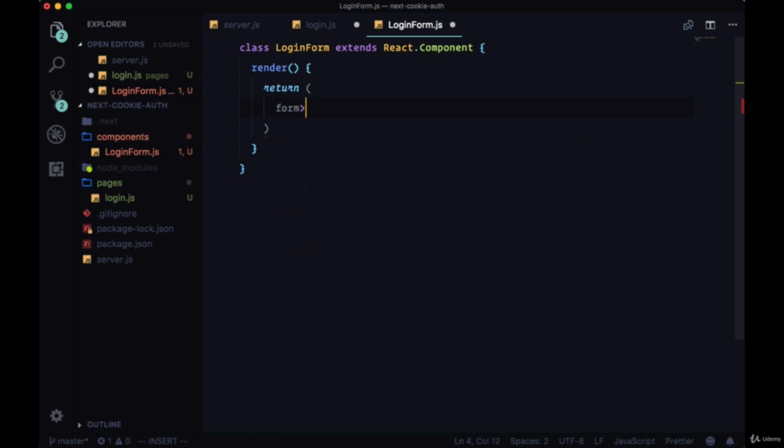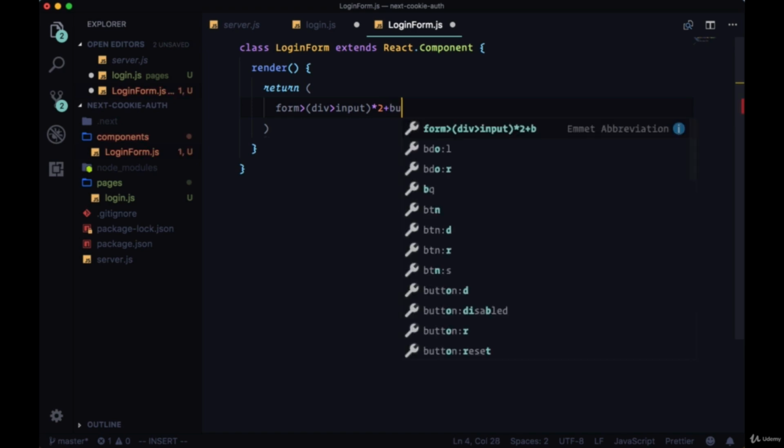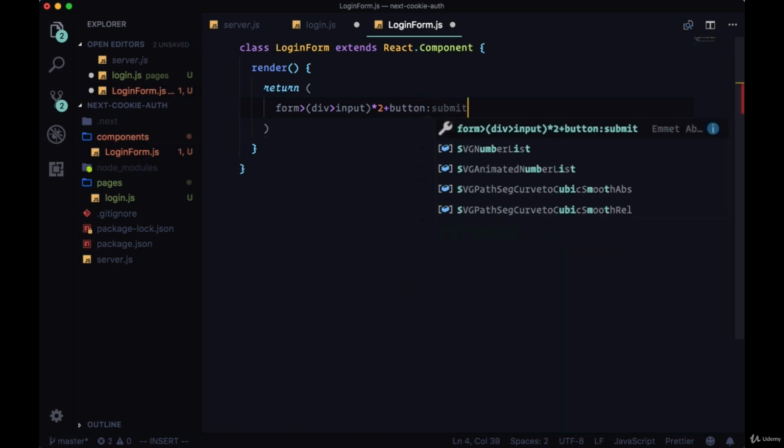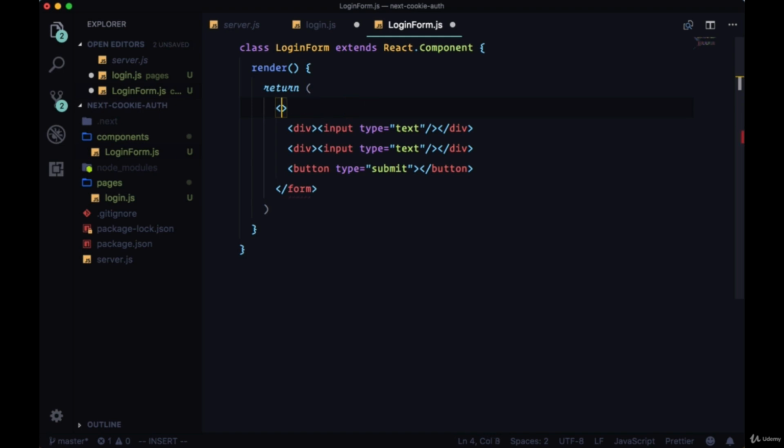form, and within it a div, which will itself contain an input. And there'll be two inputs, one for email input and one for password input. And then after those inputs, we'll have a button with the type of submit. So our form,